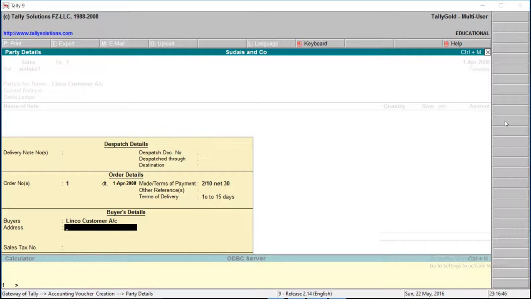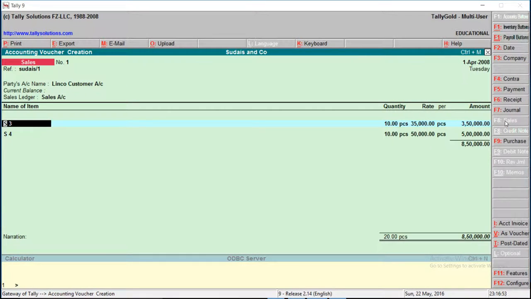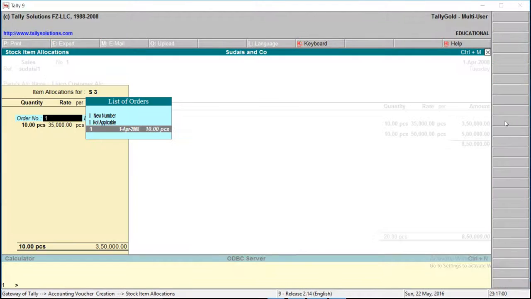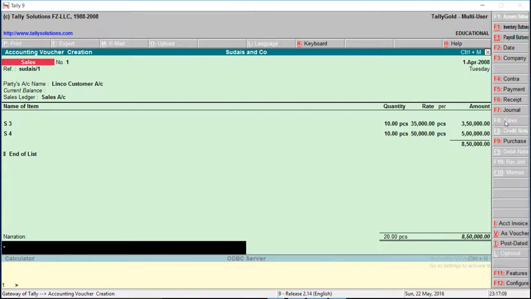Term of delivery, address of your customer, enter. Sales account is a must. The sales order item and quantity have already come here in the sales. Enter, just enter, sales of the above items.